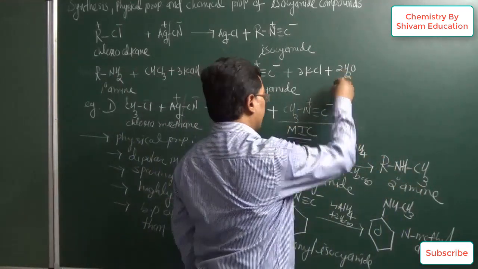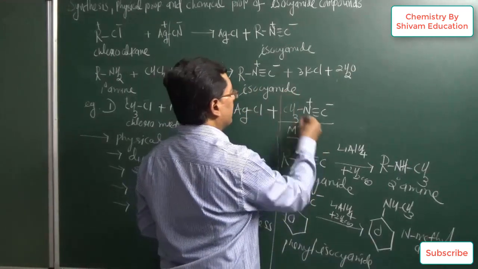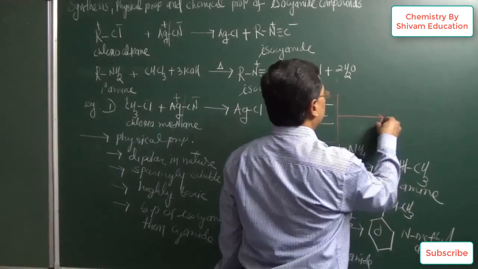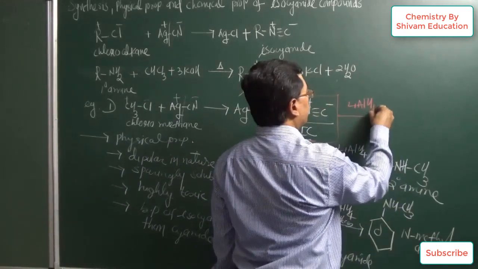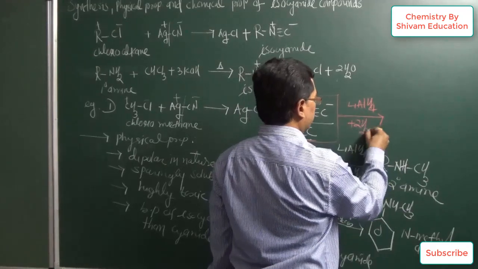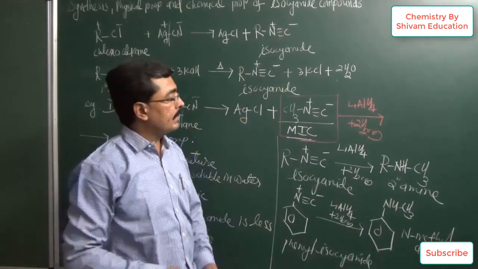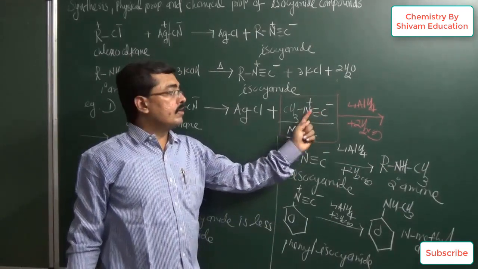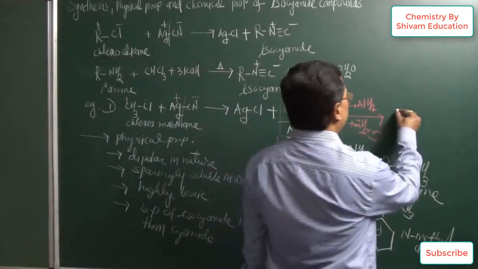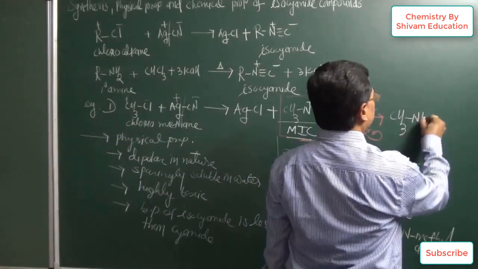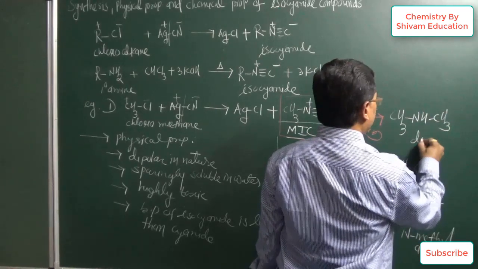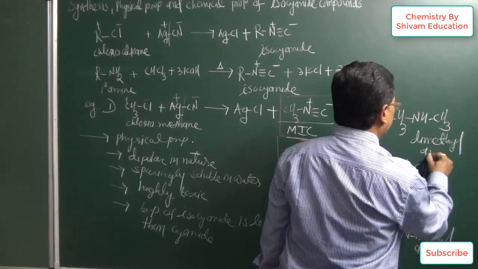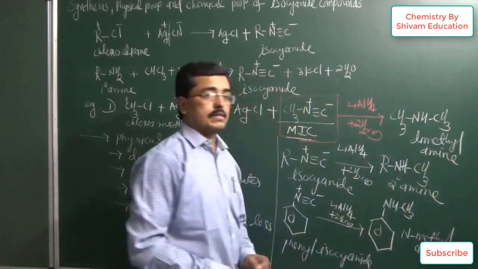Now similarly, suppose we have this isocyanide compound, methyl isocyanide. Now whatever methyl isocyanide we have, its reduction done by using lithium aluminium hydride as a reducing agent. When reduction done by using lithium aluminium hydride, 3 hydrogen will be added on carbon and 1 hydrogen will be added on nitrogen. So reduction of this structure will also give us amine, and name of this structure is nothing but dimethyl amine. So this dimethyl amine will be obtained to us.